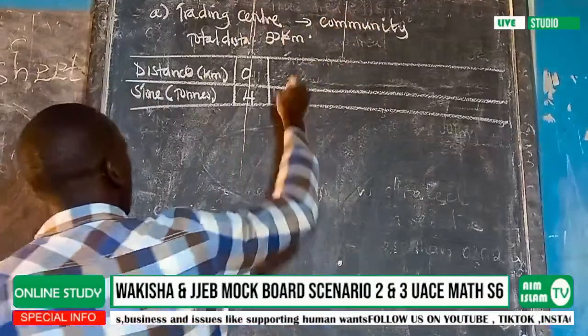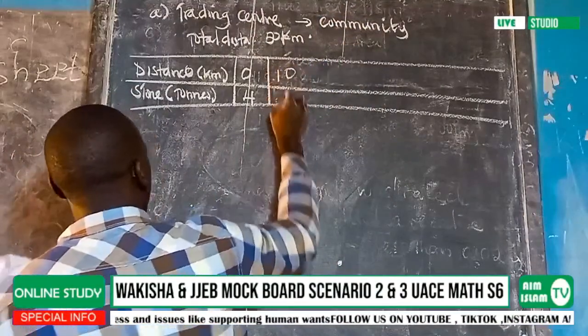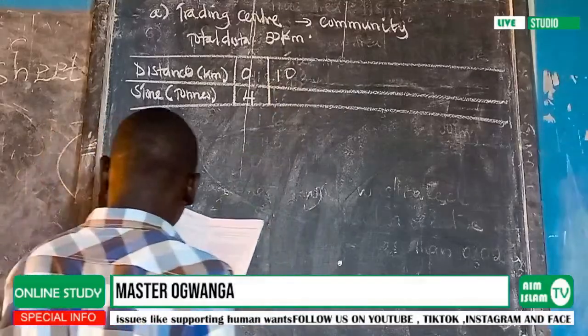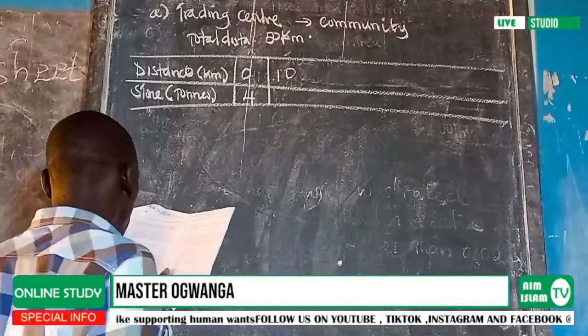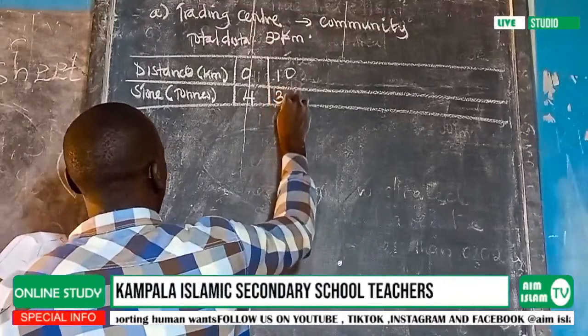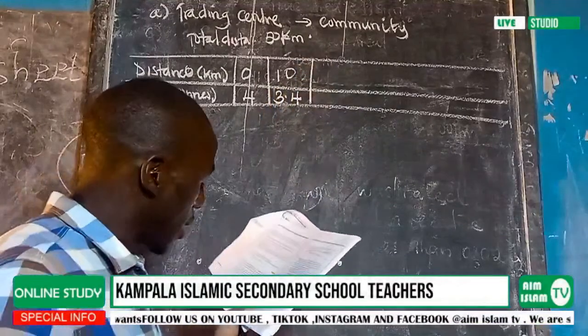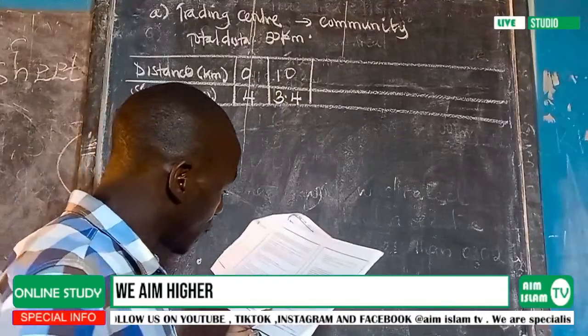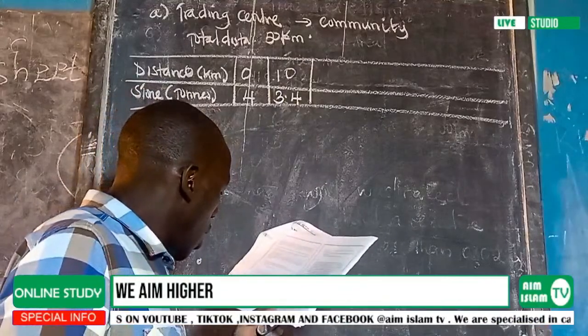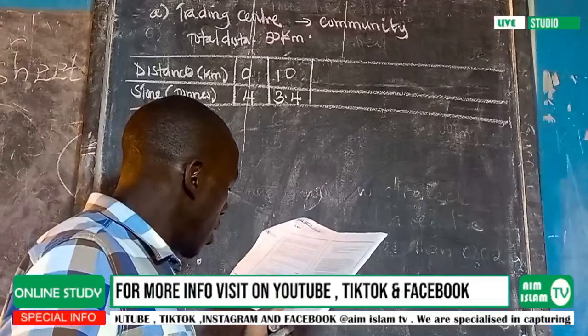So this one here means that from the trading center, here we are going to have the 10, that will be added to 40 to make 50. Here they have uploaded 3.4 tons. And then they are saying, at the beginning of the hill,